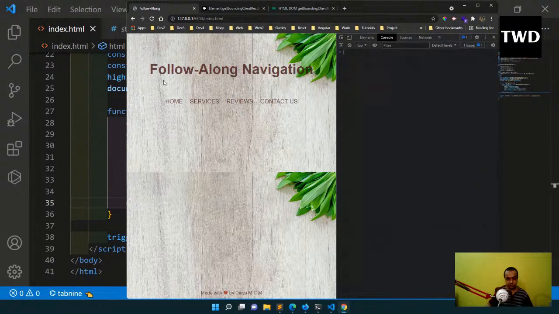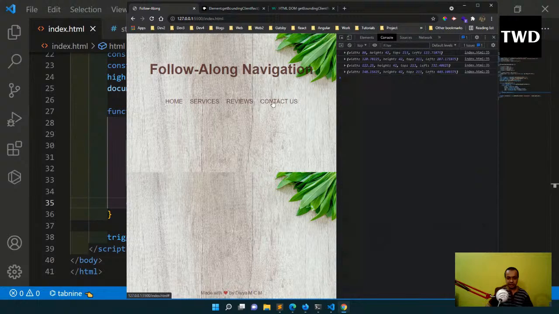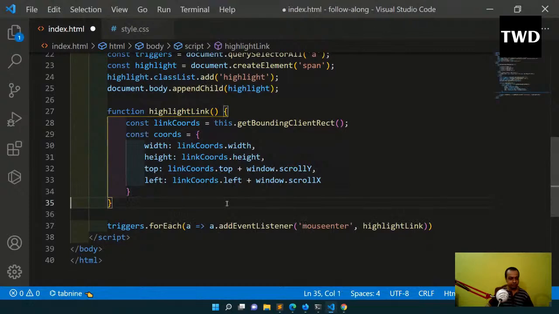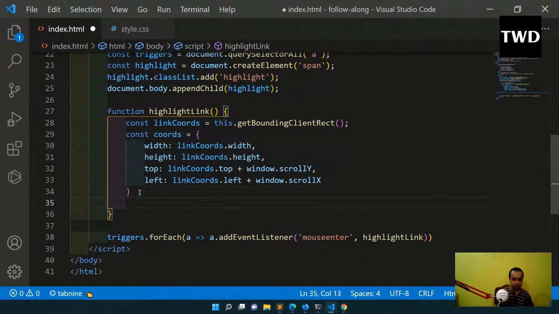So it is not coming here, but the moment I move it here, it will come, because mouse enter will run only when we enter. So height, left, and everything is coming. This is different, this is different, and this is different. So it is working fine, and we are getting the object. Okay, so now we will look forward and use those things to